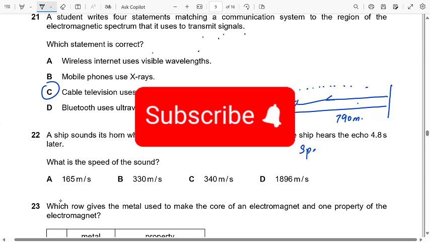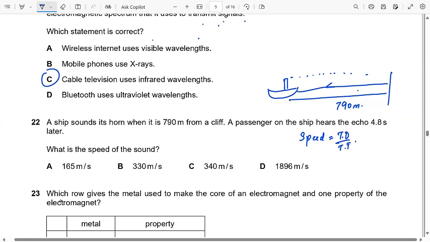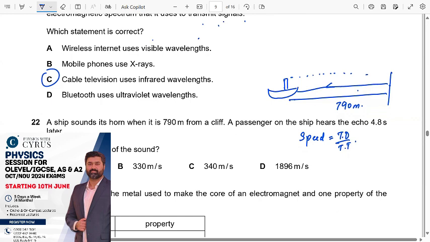Speed is total distance over total time, ठीक है जी। टोटल डिस्टेंस ओवर टोटल टाइम, और आपके पास टोटल डिस्टेंस यहाँ पे 790 इधर गया और 790 वापस आया। ठीक है, ये एवरेज स्पीड होती है, लेकिन आप ऐसा कर सकते हैं कि टाइम को अगर आप डिवाइड बाय 2 कर शुरू में, तो टाइम उतना ही रहेगा क्योंकि इको हो रही है और डिस्टेंस ऐड हो जाएगा। दोनों तरीकों से कर सकते हैं।